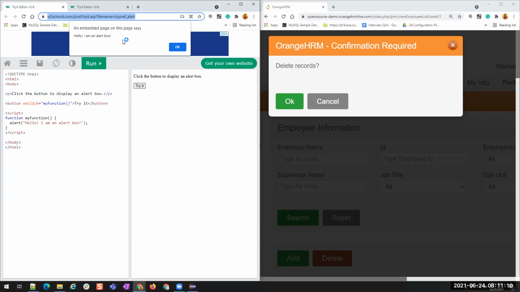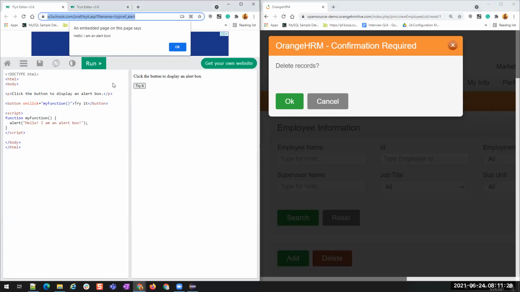This doesn't have HTML. This is a pop-up. This has HTML. Alerts will not be colorful. They will generally be black and white. And pop-ups will be colorful because they can be customized using HTML and CSS, right? You understood the differences between both?